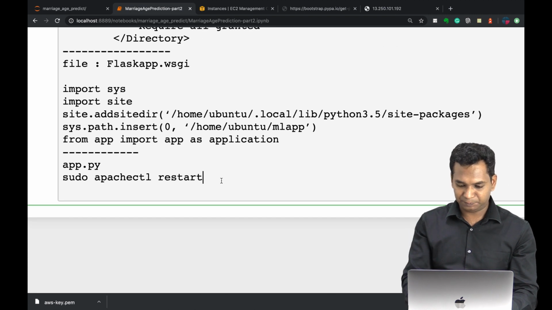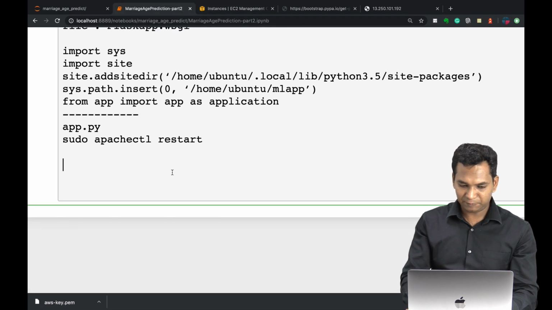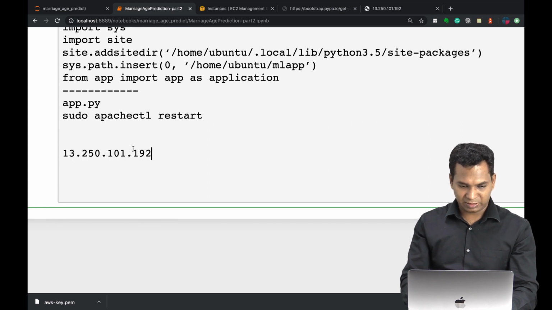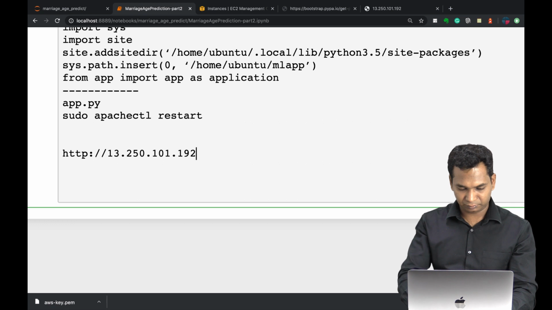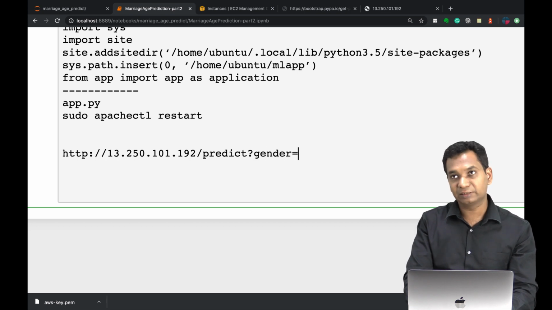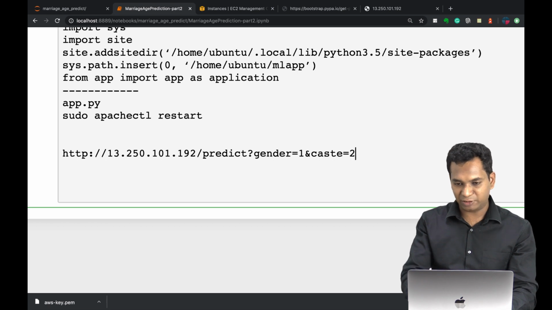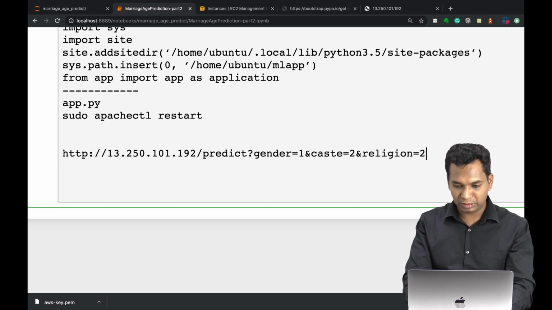So let me type it over here. What was my IP? This is my IP. Okay, so I'm going to just type it over here, then let's put it back there. So this is the IP. I'll say HTTP and then predict, and then we have to say gender is equal to, let's say, male or female. So let's say male, and caste is equal to, I don't know the caste mapping there, so I'm going to give a rough caste, and because they're all coded into numbers, religion is equal to 2, and then